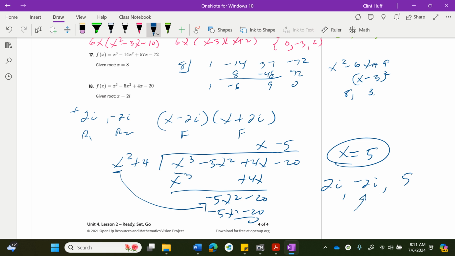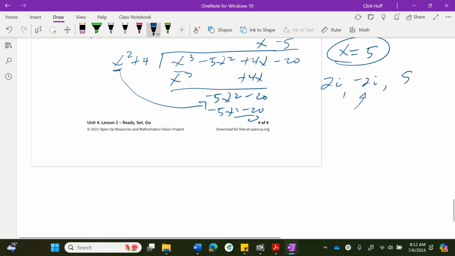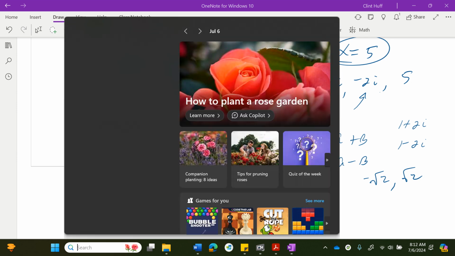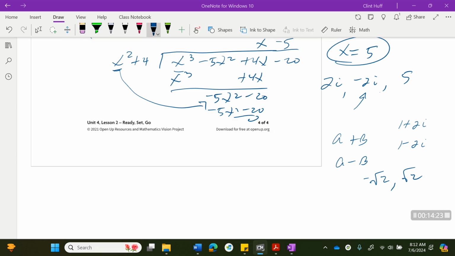The negative 2i sort of comes for free because irrational roots and imaginary roots appear in conjugate pairs. And conjugate means that if you have something like a plus b, you have to have a minus b. So if one of the roots was 1 plus 2i, the other root would have to be 1 minus 2i. Or if one of the roots was negative root 2, the other one would have to be positive root 2. Okay, so that is